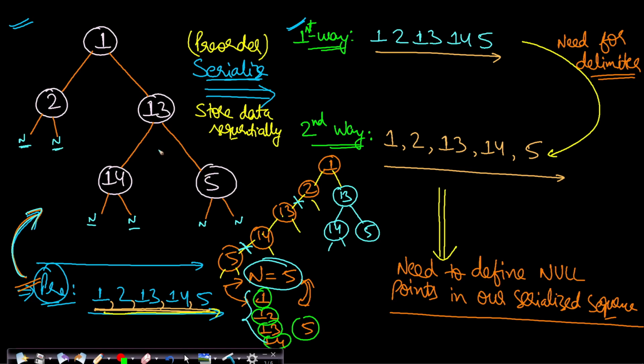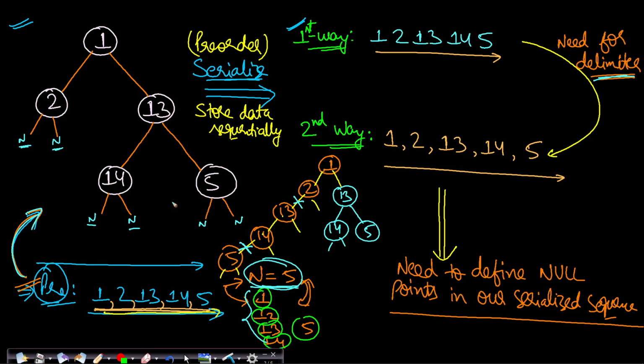Fine. So what did we learn? The first thing is we need to get the number of nodes and all the unique values. For that reason, we used a delimiter. In this case, I will use comma. You can use any delimiter you want. Okay. So I have used comma.